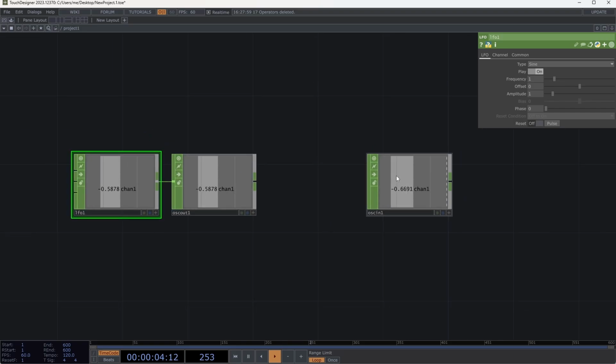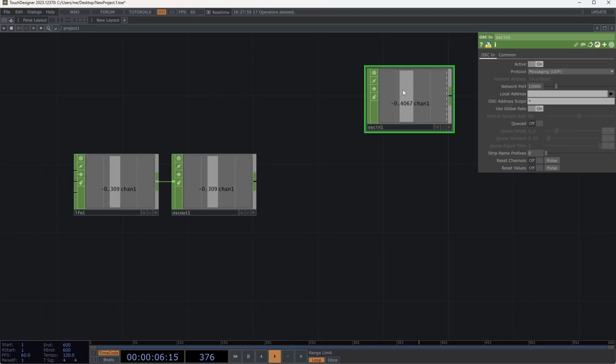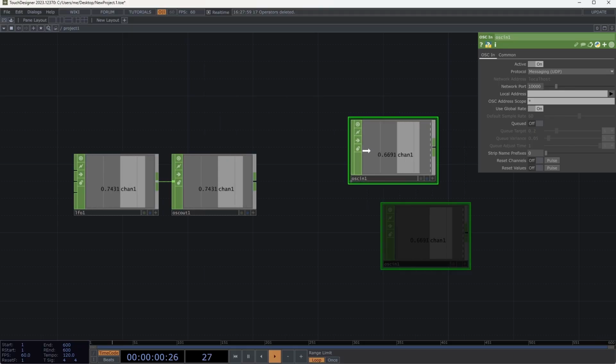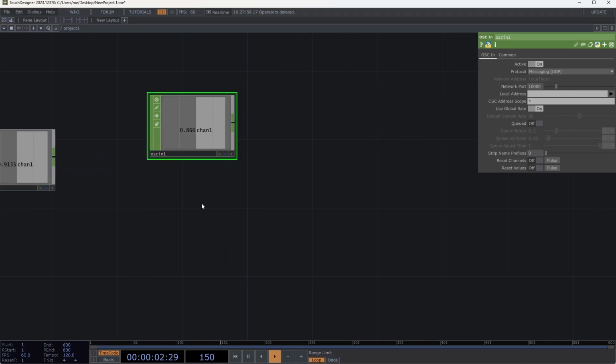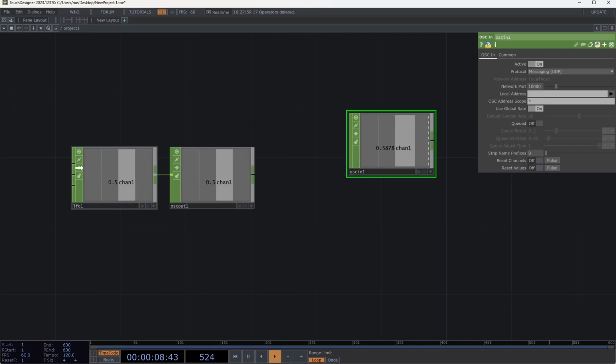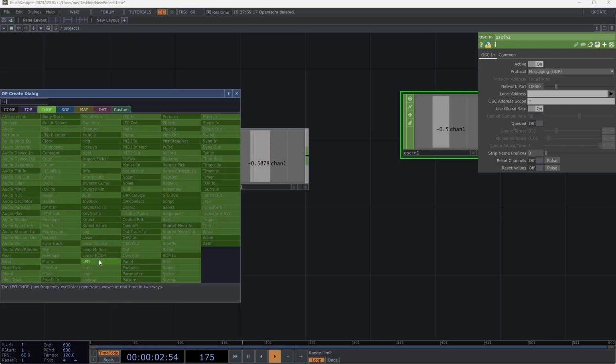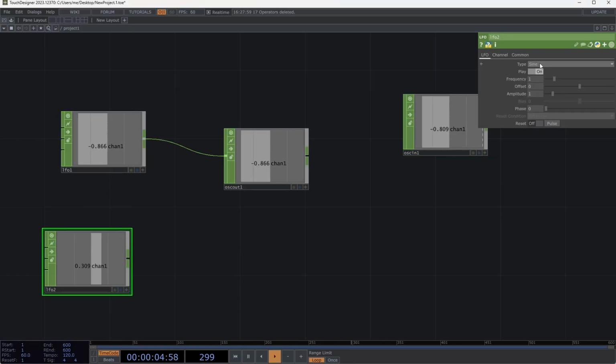Now, the interesting thing is this could very easily be on TouchDesigner on a different computer, and it will receive it over the network, which is pretty cool. One thing is this is a good example of how we can use chop exec. So let's do a little bit more here. Let's go back to our other example of an LFO that is a square wave and has some bigger frequency to it,